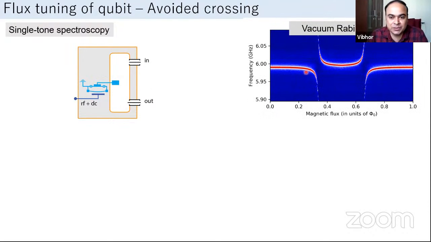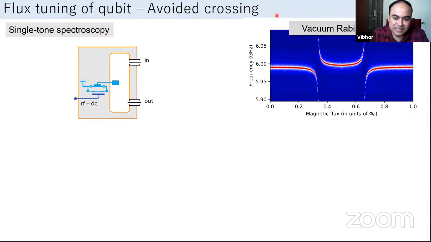Okay, so this is an experimental result. What you see here is transmission through the cavity as the magnetic flux is varied. Close to zero magnetic flux, we have a transmission maximum. Red here means a large transmission and blue means very small transmission. So we have a peak in transmission around 6 gigahertz, and that's the bare cavity frequency. Okay, and as magnetic flux is increased, the qubit mode, which is designed around 8 gigahertz, comes from the top,